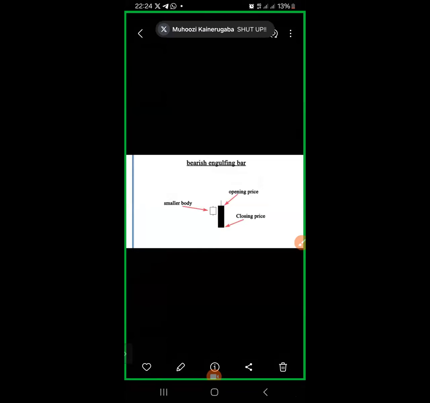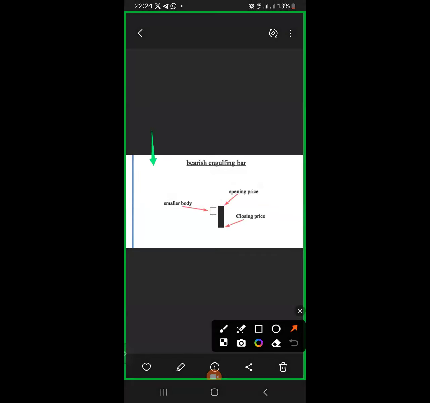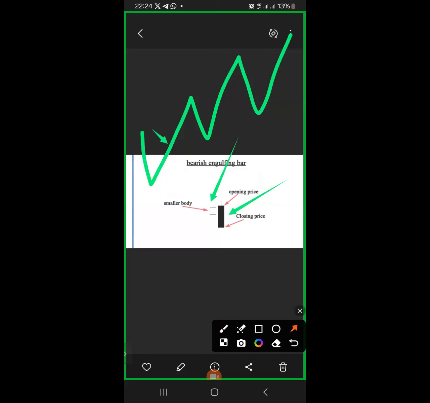Then we had what we call a bearish engulfing bar candlestick chart pattern. As you can hear the word bearish, meaning we are referring to sellers. So in this case, buyers were pushing their market. They were pushing their market up. The market was moving up, making higher lows and higher highs. Then they formed a big bearish candle that engulfed the buyers. This big red candle engulfed this small candle here,